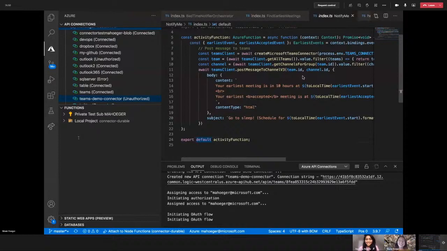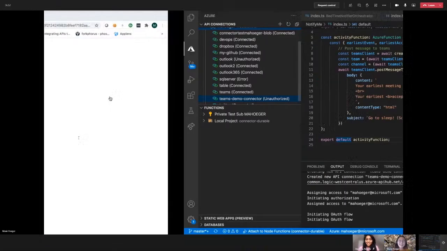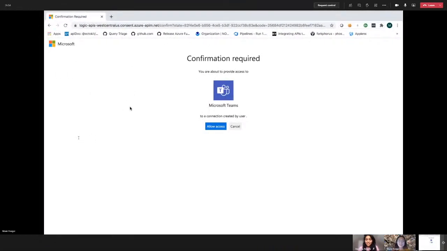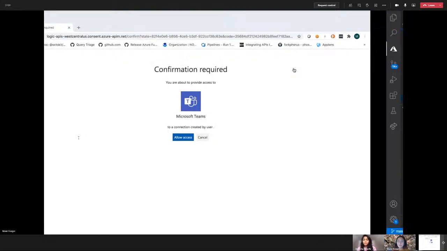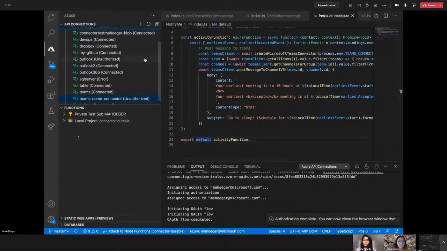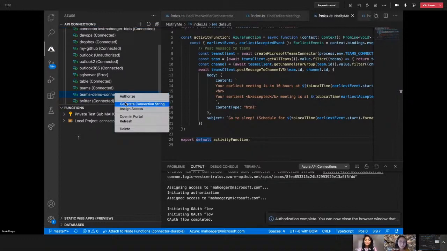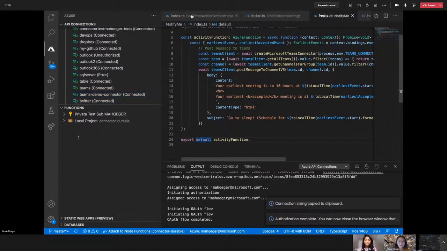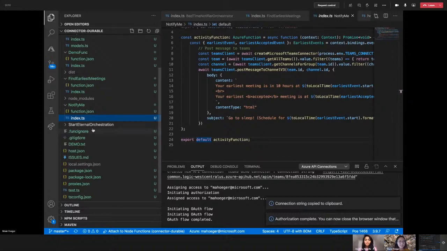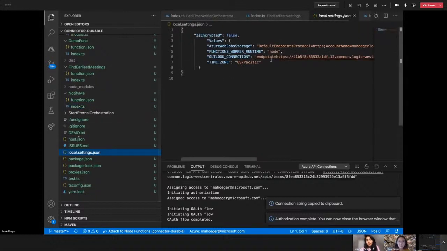Sorry about that, y'all. All right, so yeah, I clicked that link, and then now I'm actually already logged in on this window, so it just brings me this, and it asks me to allow access. So I'm going back to VS Code, and if I refresh this list, boom, connected, generate connection string. My managed identity connection string that doesn't contain secrets. And then I'm going to add that Teams